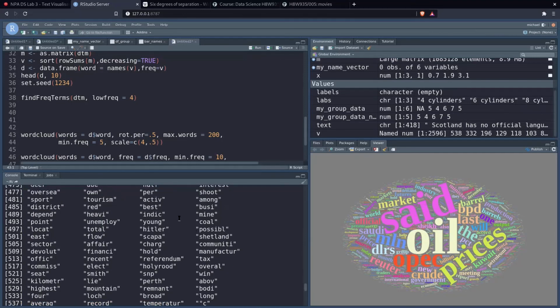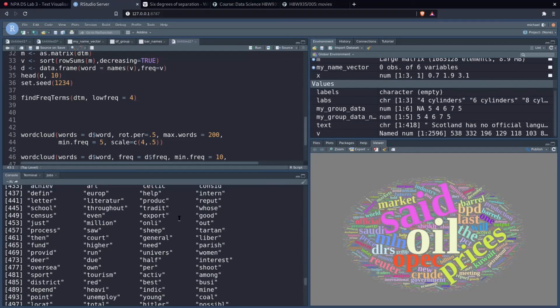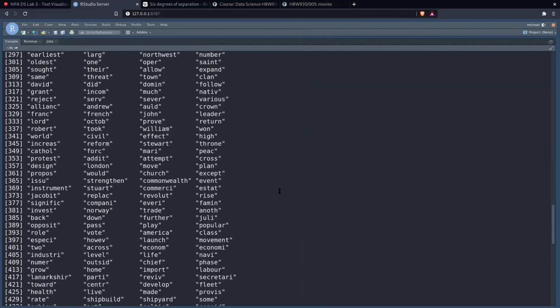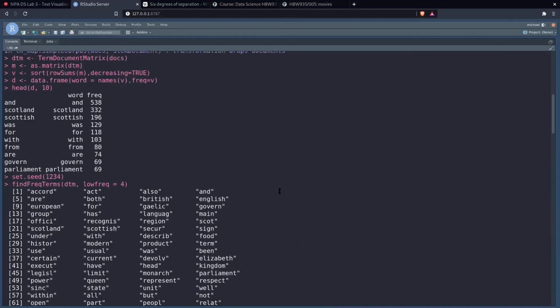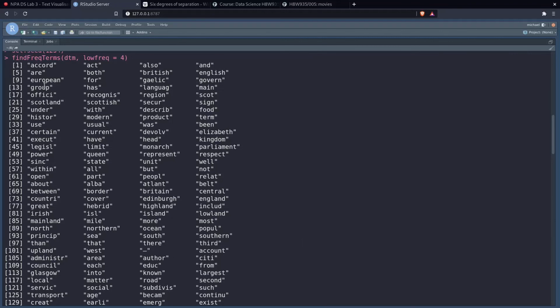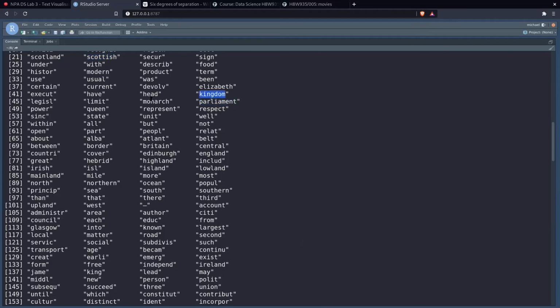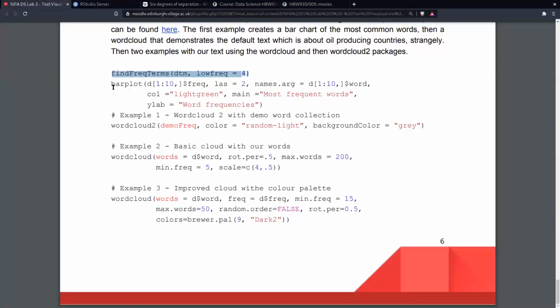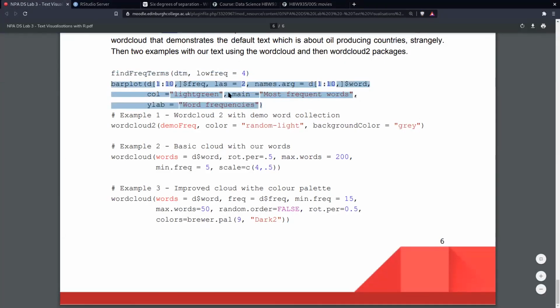We can see down in our viewer, down here, let's do, I think it's Control-Alt-1, Control-Alt-Shift-1, Alt-Shift-1, Control-Shift-1, Control-Shift-2. Okay, so there we go. So here are the most frequent words that appear about Scotland. Things like Scotland, Scottish, Parliament, Kingdom, Monarch, Upland. Then we're going to create a bar plot of these frequent